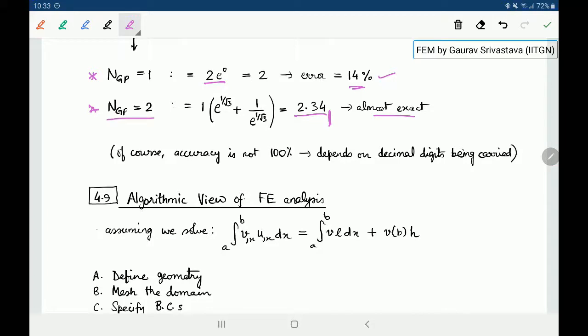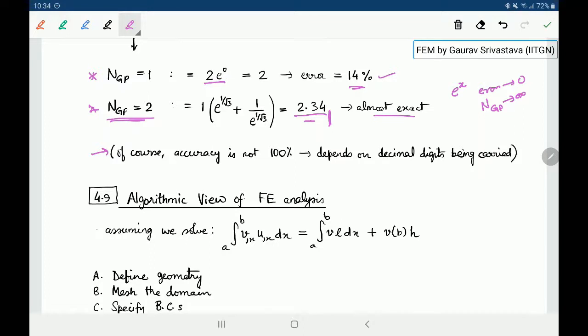You can also appreciate that e to the power of x is an infinite order or infinite degree polynomial, and hence no Gauss point quadrature can give exact results, but you can expect the error to go to 0 as the number of Gauss points goes to infinity. And you can also see that even two Gauss points is doing a fairly good job of doing this integration. Okay, so this is what I wanted to say here.